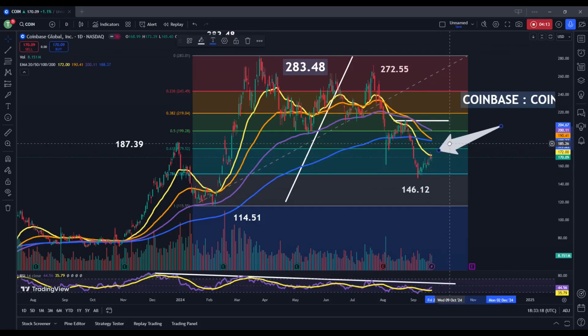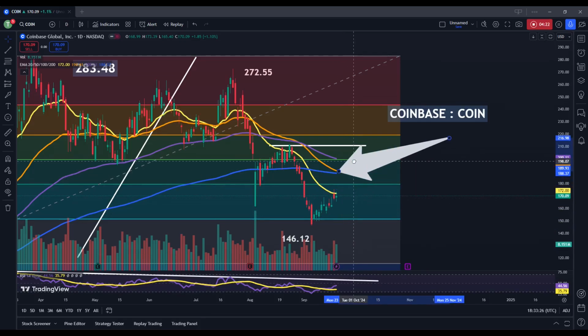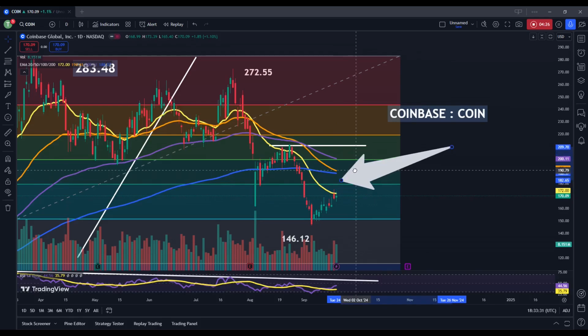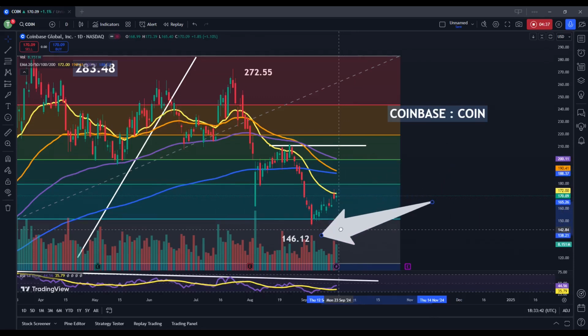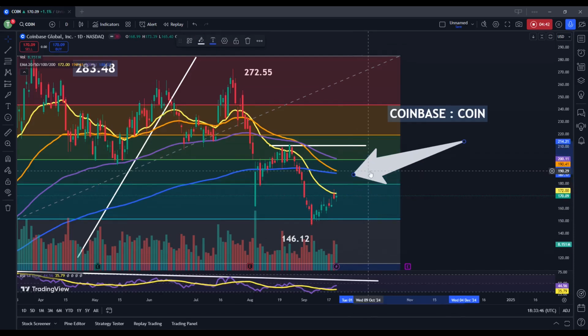So, it would be easier for me to say that we would see pressure taken off of the downside if share prices are able to move back into this exponential moving average cluster. If we can see a clear break above that yellow line first, some closing daily periods above there, then we can start to say that we're looking at more of a sideways consolidative price movement. We can also say that we would have found support at this 78.6% retracement level, and then that would be a bit more of a positive outlook here going forward.